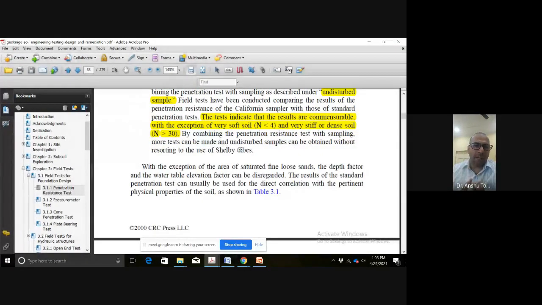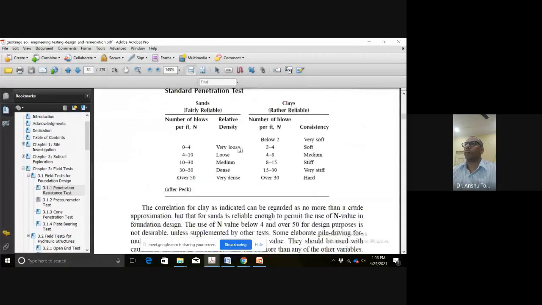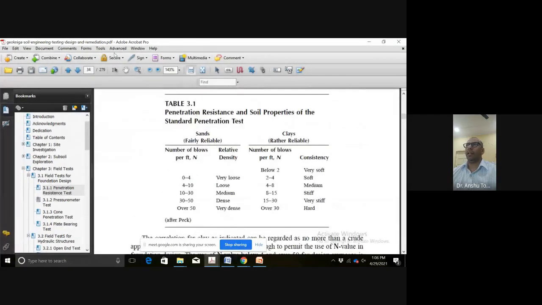So whatever sample is extracted from the ground below, that will be taken into the laboratory, and some of the properties are going to be evaluated in the laboratory. What is going to be the friction coefficient coming out? That will be checked in the laboratory. What is going to be the cohesion value, that is C, phi, the angle of resistance of friction, all these parameters are found out in the laboratory.